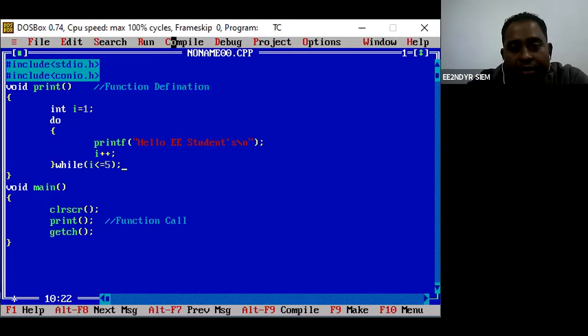You might be thinking, what is the difference between for loop, while loop, and do while? Why do we use this do while?